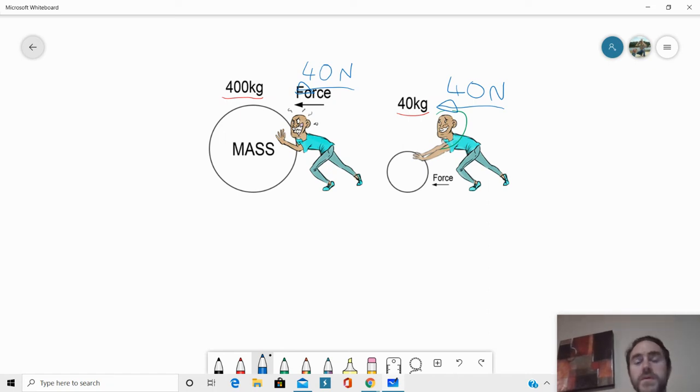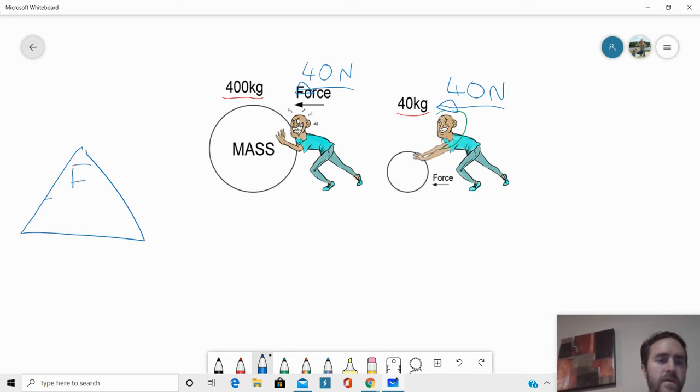Oh, sorry, we want to know the acceleration because we know the mass. So again, we can use our triangle, force, mass, acceleration. All right. So in this one, we do not know acceleration. So we can say acceleration equals,